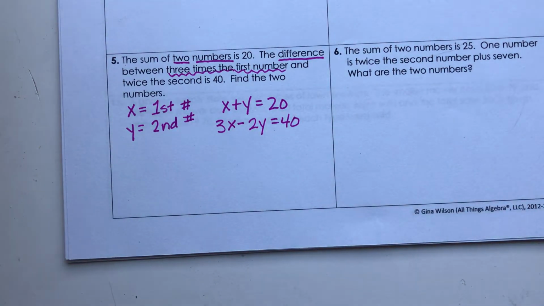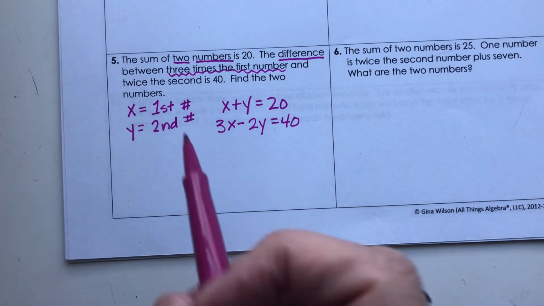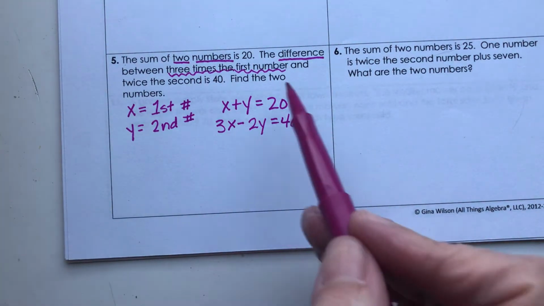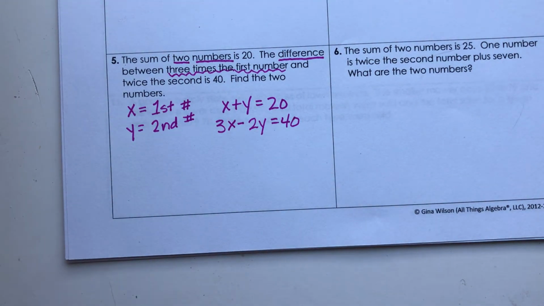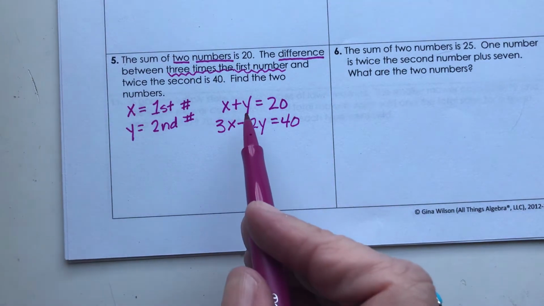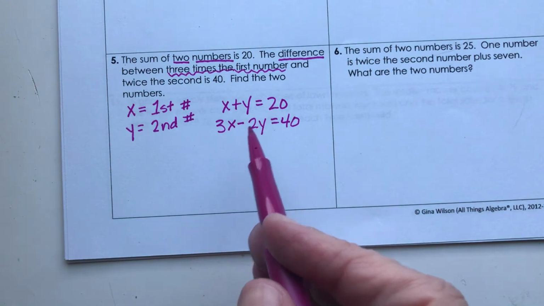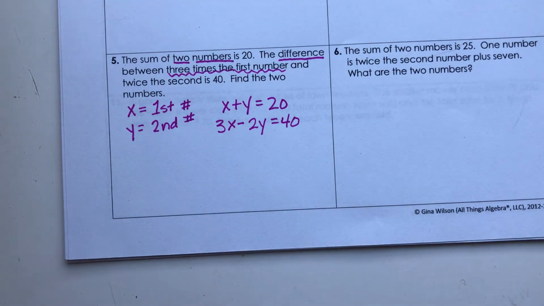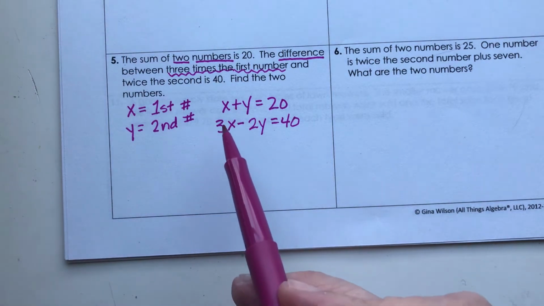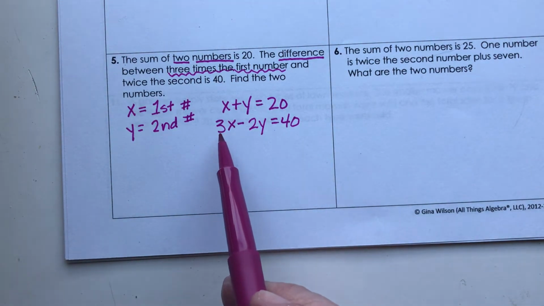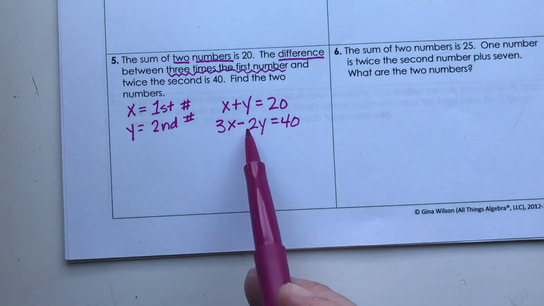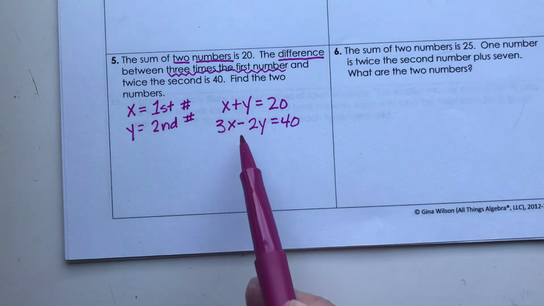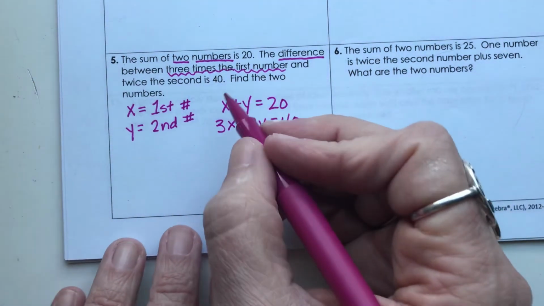Now look, we have a system of equations. You can totally ignore the word problem and just ask, how do I solve this system of equations? Well, we could graph it, but they're not really set up for graphing, and I'm guessing you don't have graph paper at home. We could use substitution if I knew what y or x was equal to. Or I can use elimination. But in order to use elimination, I'm going to have to make this x match up with that number there, or that y match up with that number there. Since they're opposite signs here,